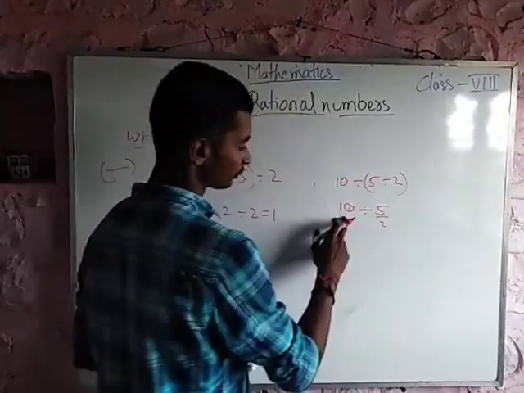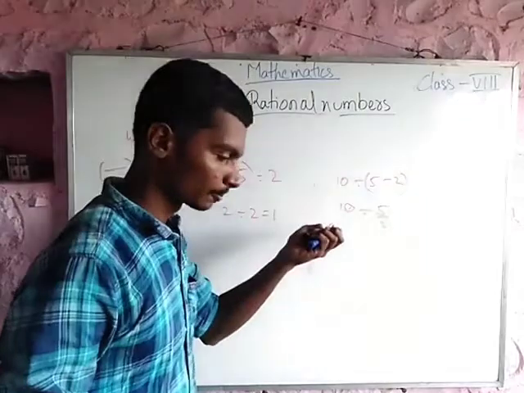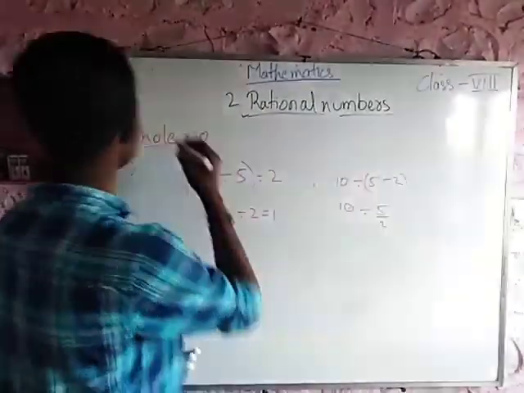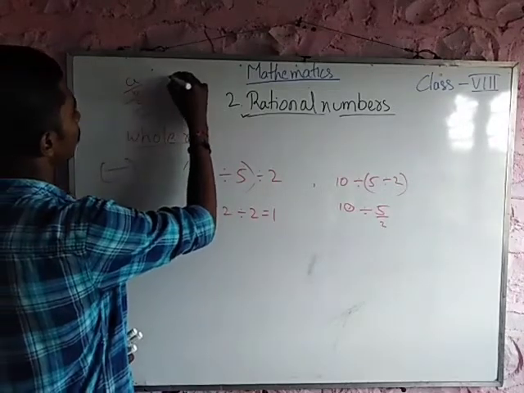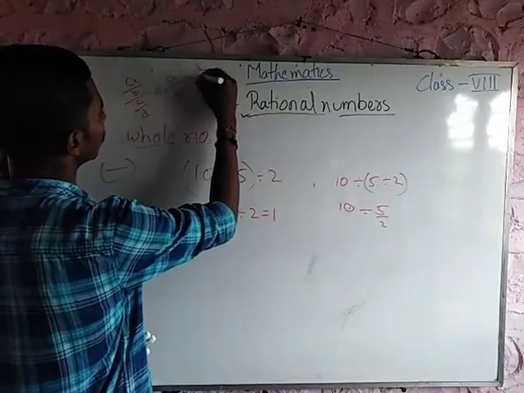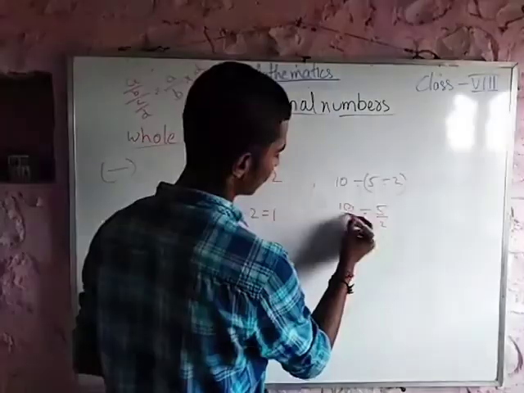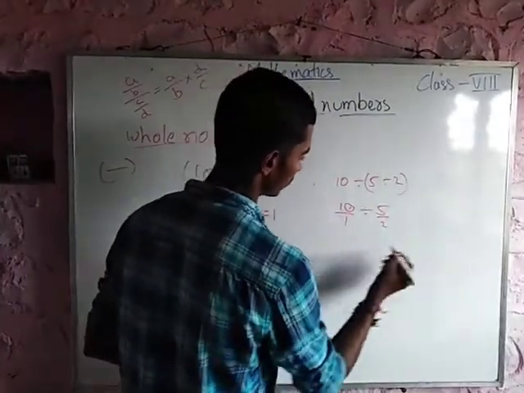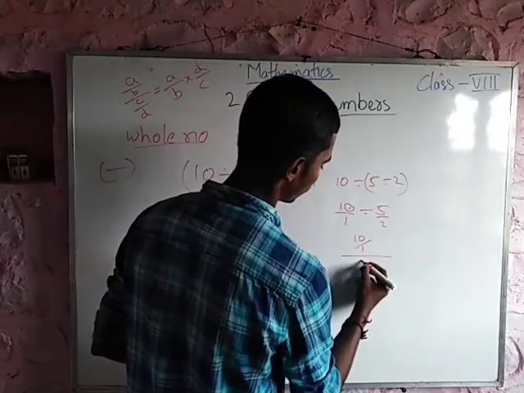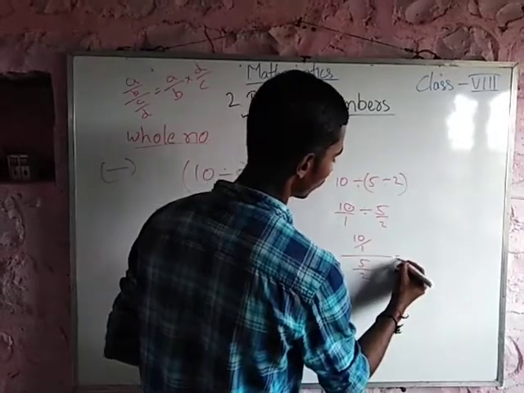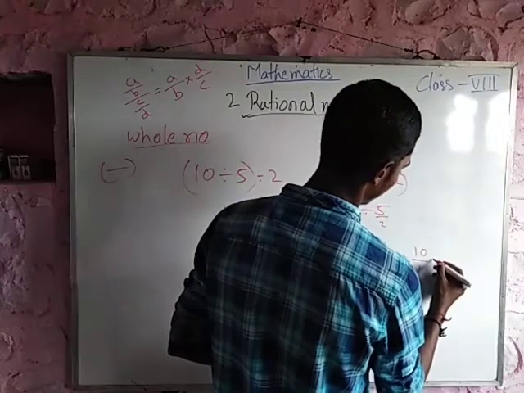Okay, now for this, how to do the division? For rational numbers, I have told you division must be simplified in this way: a by b divided by c by d is equal to a by b into d by c. Okay, now see here. What is a by b? 10 can be written as 10 by 1. So this whole thing is like this: 10 by 1 divided by 5 by 2. Okay, so this can be written as 10 by 1 into,